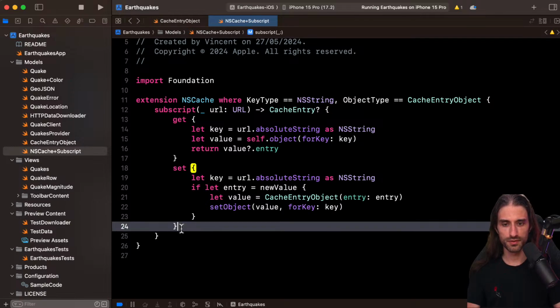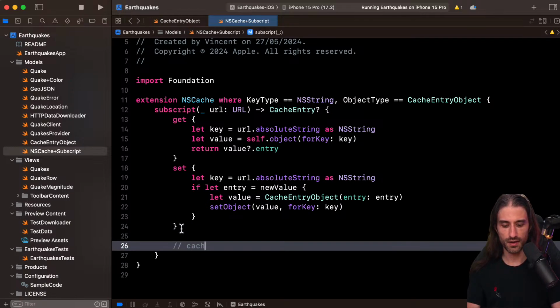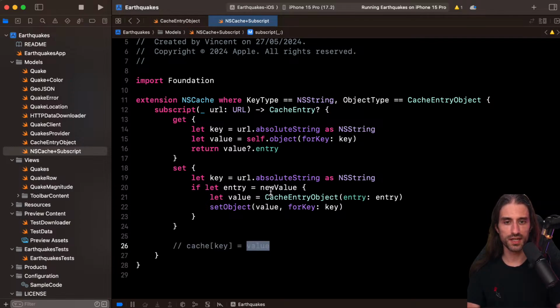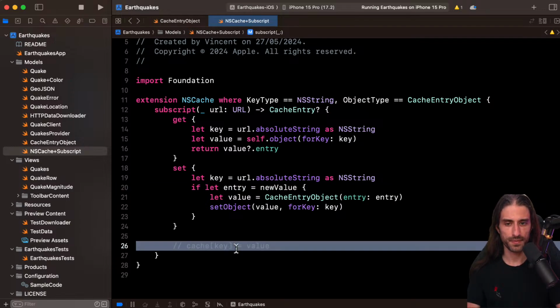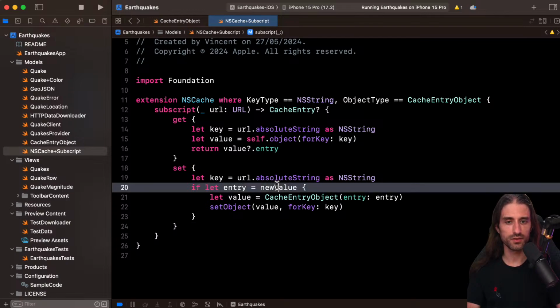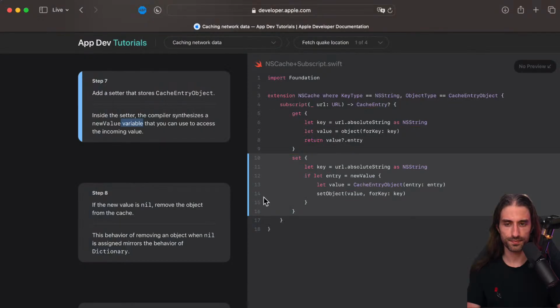If you do something like cache of a key equal a value, then this value right here will be bound to this argument newValue right here. And that's a convention that the argument holding this value is called newValue.